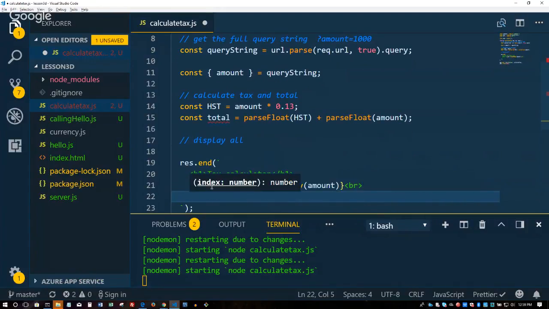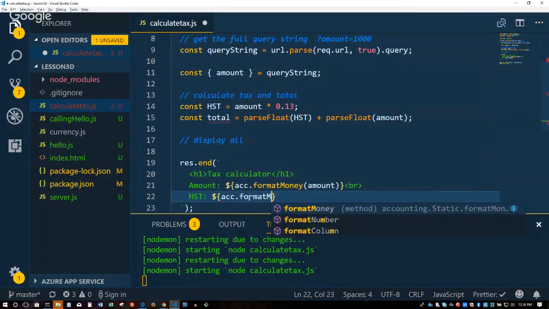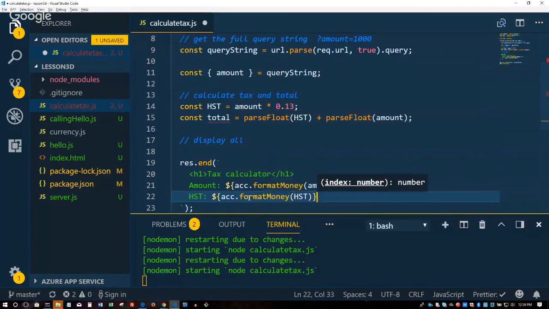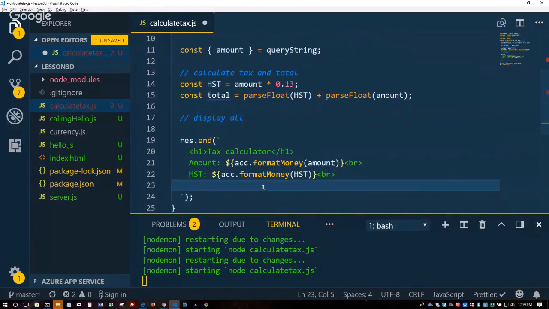Add a break tag, just HST, format money, HST. And total.